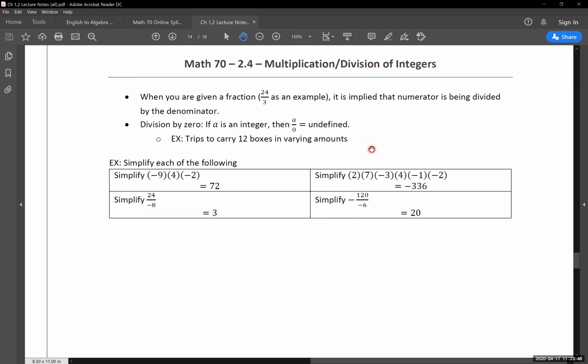So let's take a look at a couple of these examples that are listed here, just for the sake of seeing our process as we go through it. The main reason I want to go through these is because I think sign analysis and being able to keep track of whether my answer is positive or negative as we have multiple things multiplying together is very important to do. So keeping our work organized on that front. I'll go through each of these really quick. So we'll jump on over to the whiteboard.